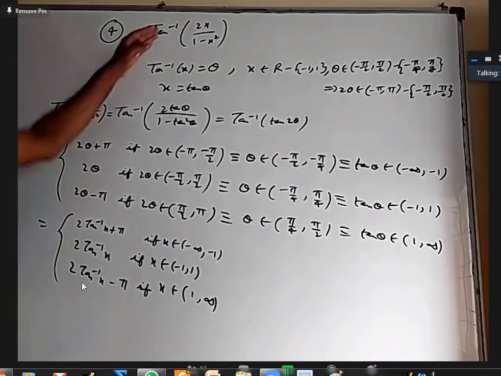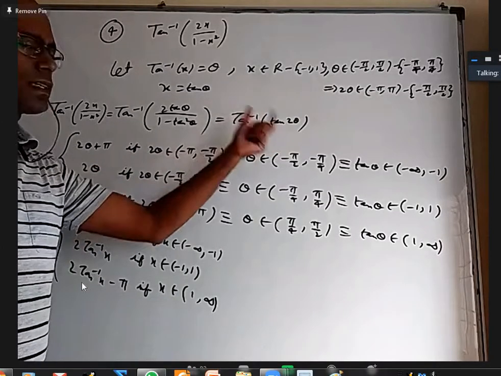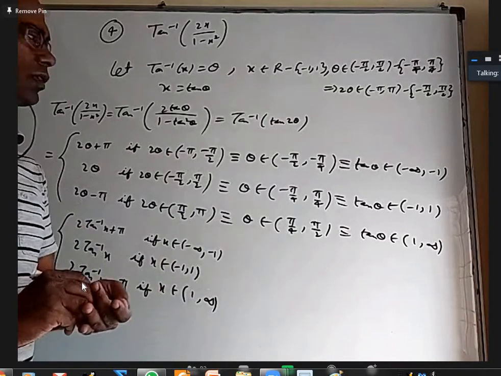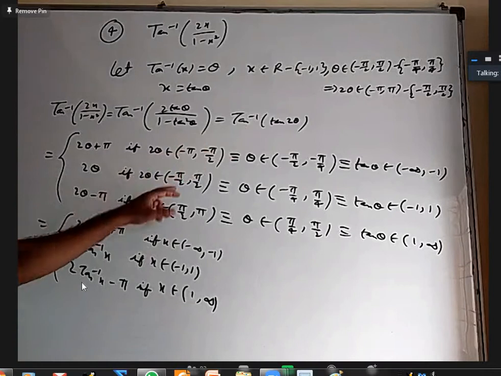Okay, so finally this is the formula, but how those cases came, how to derive: because tan inverse tan 2 theta we cannot cancel and write 2 theta, as depending on which interval it belongs to, we have to change the formula. If it is within the principal values, no problem.